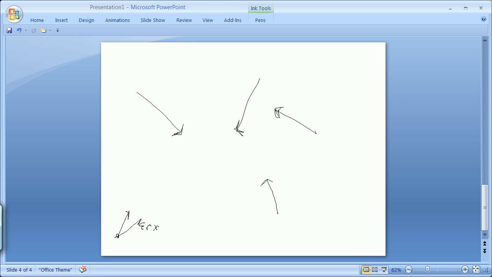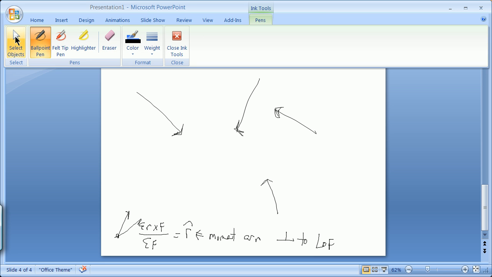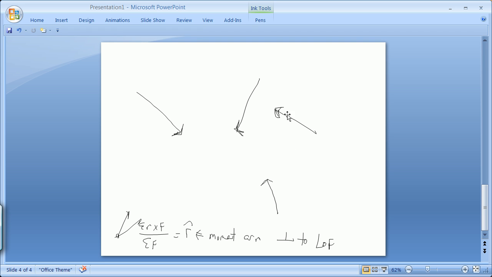and we could do a sum of r cross f divided by the sum of the forces, which you add tip to tail, and that's going to get us a radial vector, which is going to be the moment arm vector. It gives us the moment arm, and that of course is going to be perpendicular to the line of force. We could do all that, or we could just learn to basically go through a process where you start daisy